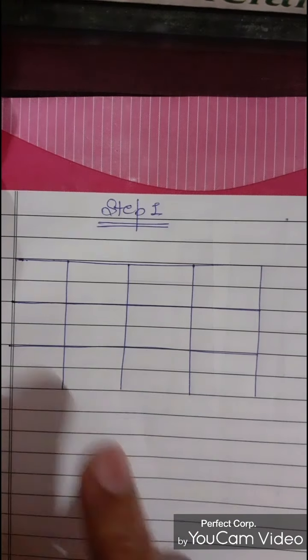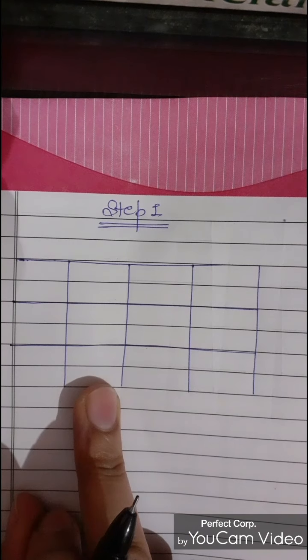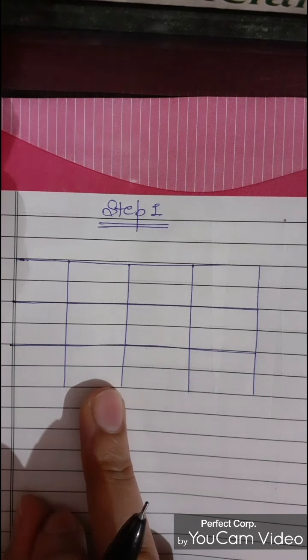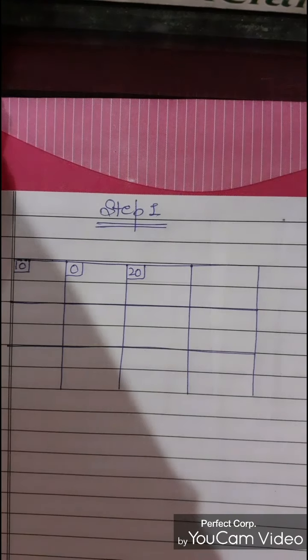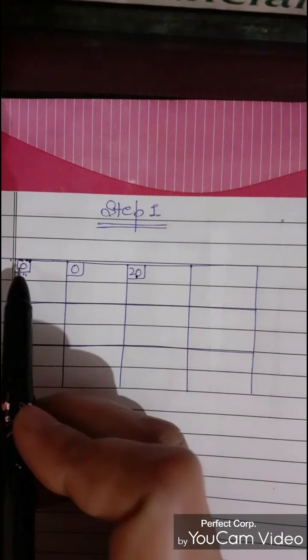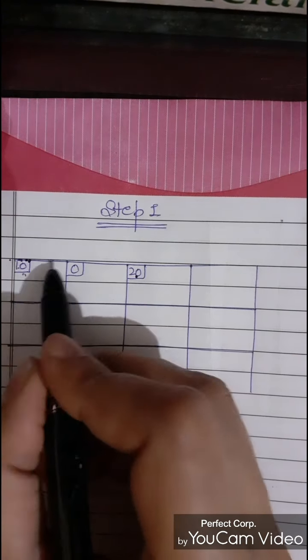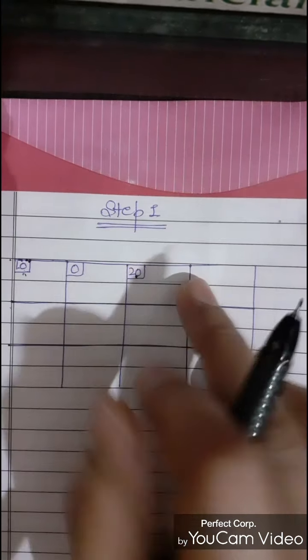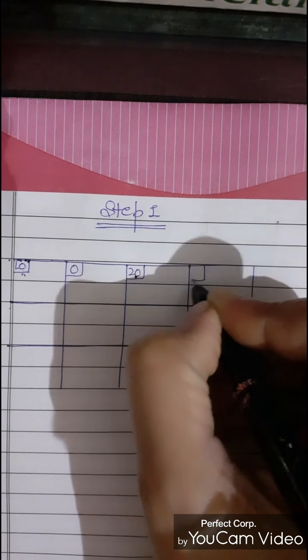Now I am going to discuss the first step of applying the MODI method. In the first step, make the table as you have obtained by using the initial feasible solution, that is Vogel's approximation method. So mark all the allocations here along with the cost. Write all the cost in this bracket, at this portion of the cell. All the cost should be written in such form. So I'm going to the next one.